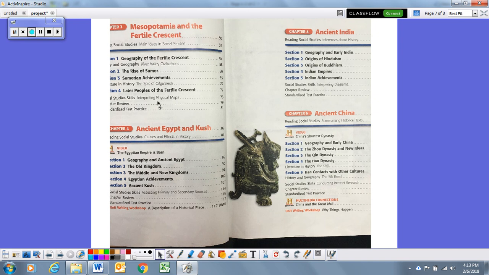Looking at chapter 3, I don't see anything. Going to chapter 4, I don't see anything. But we've already established it's Egypt. Going to chapter 5, I don't see anything. But when I look at chapter 6, I can see that there was the Zhou dynasty in China, the Qin dynasty, and the Han dynasty. So obviously, dynasty not only goes with Egypt, but it goes with